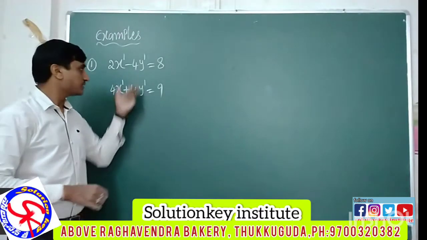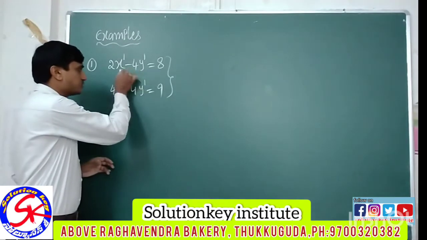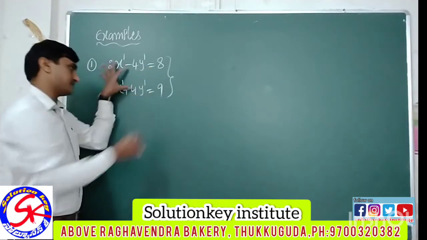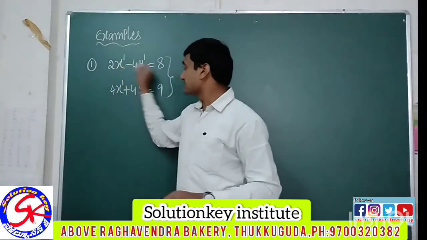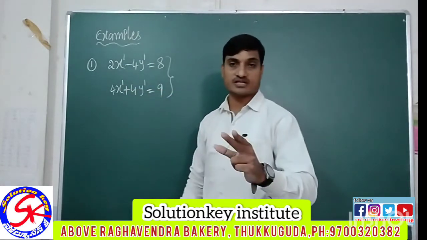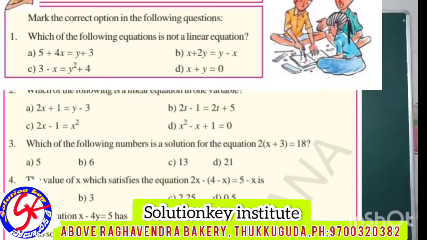See this complete question. Linear equation in two variables and it is a pair. Now complete the topic of linear pair of equations. Equation number 1, equation number 2. Two equations are there. That's the reason it is a pair. Pair of linear equations in two variables. Two equations are there means that is a pair, and if they are both linear equations in two variables. Are you clear?